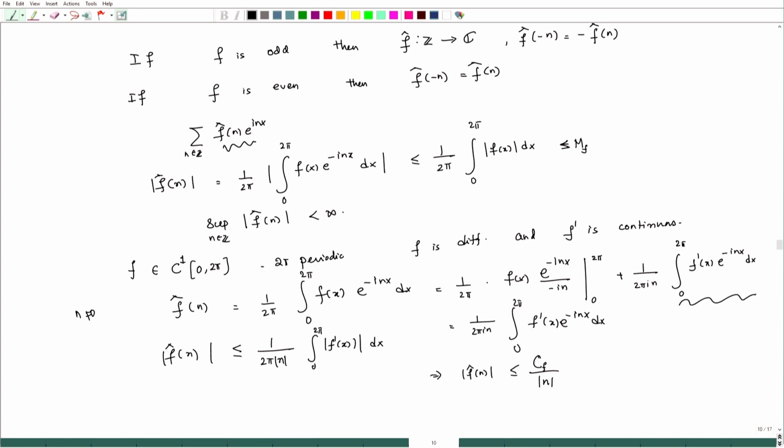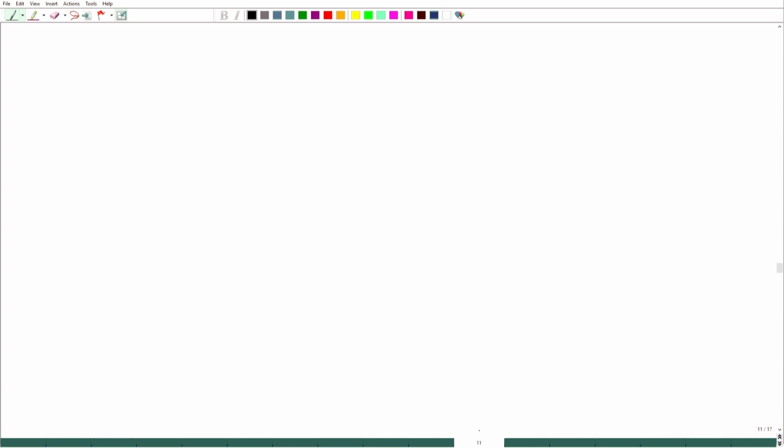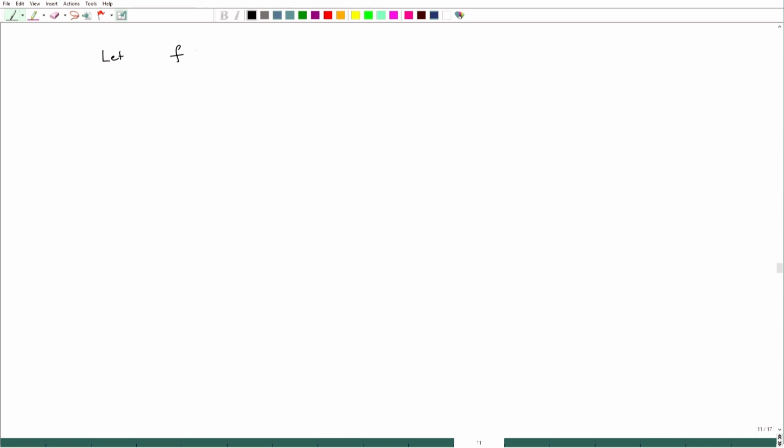So, some decay. Now it is natural to ask, suppose I increase the differentiability of f, in other words the smoothness of f, then let f be in C 2 of 0 to 2 pi. That means f double prime exists and is in C of 0 to 2 pi. Essentially that will imply that f double prime is going to be integrable. So, again by repeated